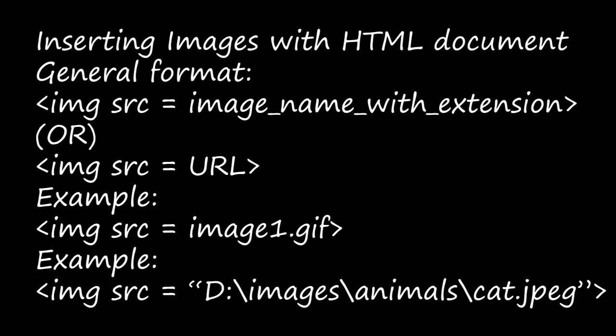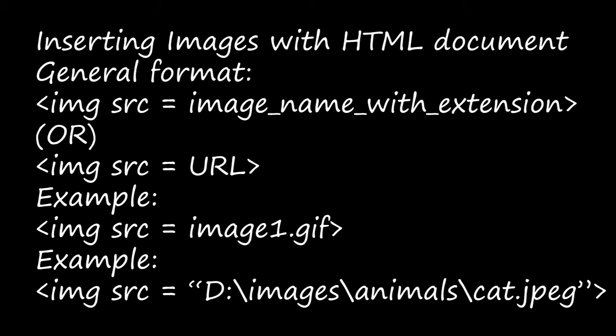And the next one is about inserting images in HTML. For that the tag is img. The img tag goes along with the attribute src, that is source. You have to give where the image is, the source of the image, right? So inside the img tag you have to give the source, that is src.